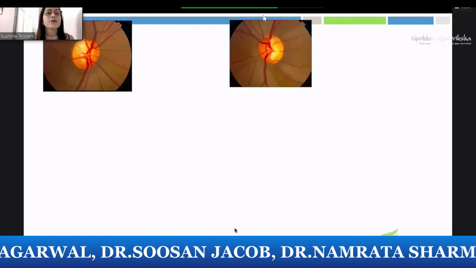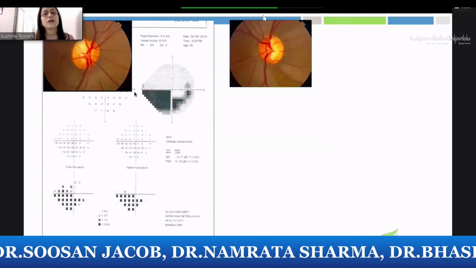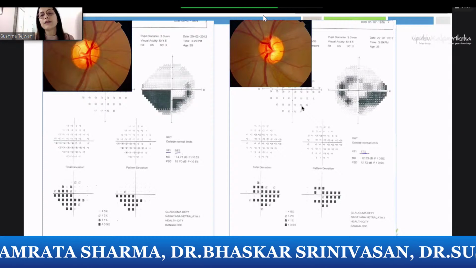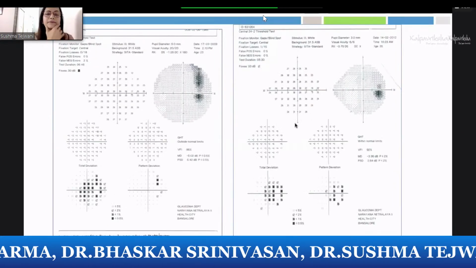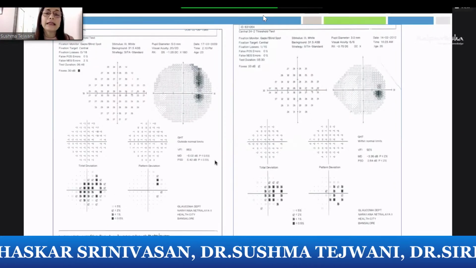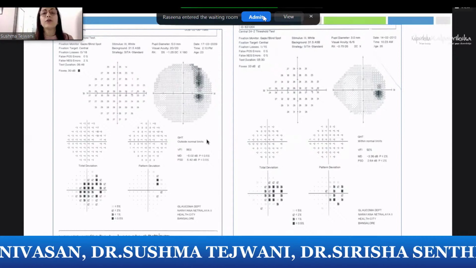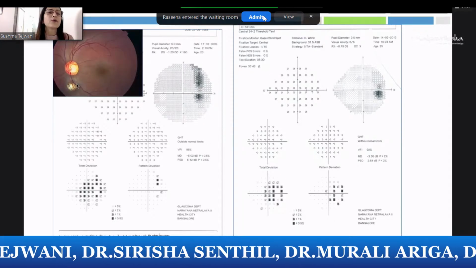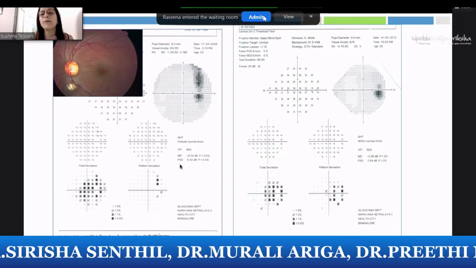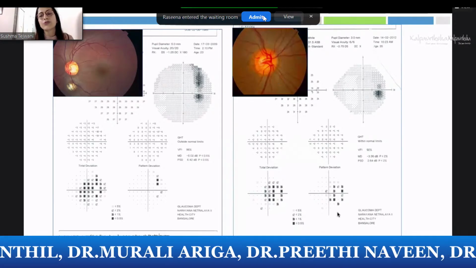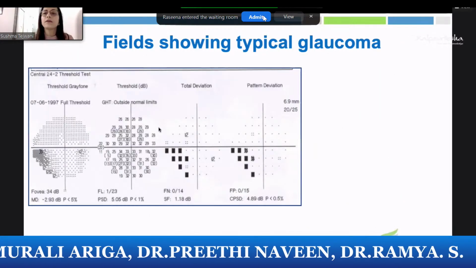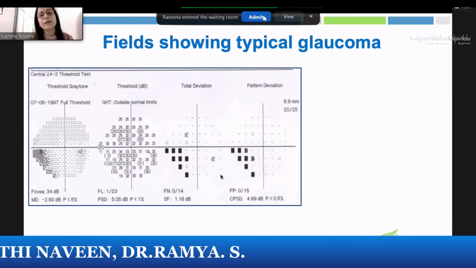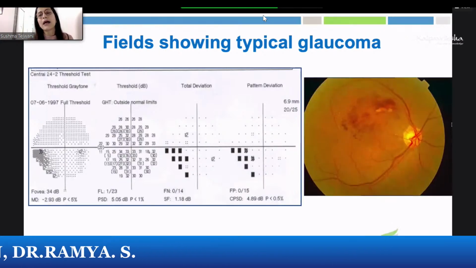Some examples: you can see there is a superior notch here, and you can see the inferior field defect. You can see superior and inferior NFL defect and the biarcuate scotoma. However, we should not get carried away only by the field defect. We always need to look at the nerve. Say, for example, this one looks like a superior arcuate, but this is due to choroidal coloboma. This is a myopia, as I showed you earlier, with enlargement of the blind spot. And this is an inferior arcuate change, which is actually related to a vein occlusion.